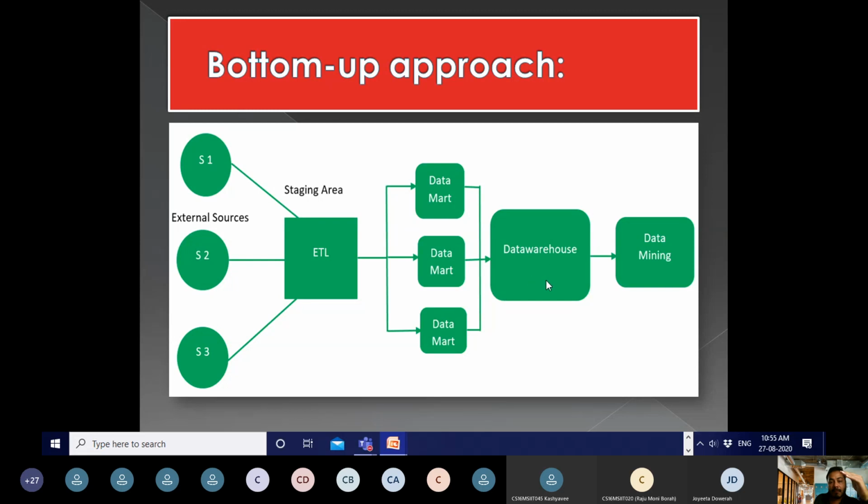because you already have an idea about the different properties, about the different attributes of those data. You know the different dimensions of the data, and as per the different dimensions of the data, you can easily separate those data into different data marts. You can easily load them into different data marts. So that is the main disadvantage of the bottom-up approach. Okay? Now,